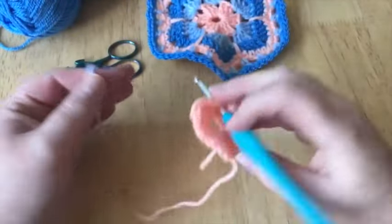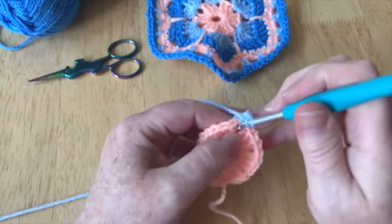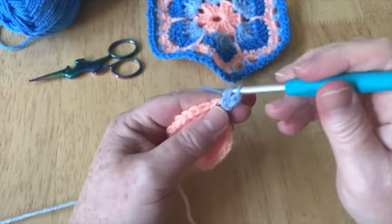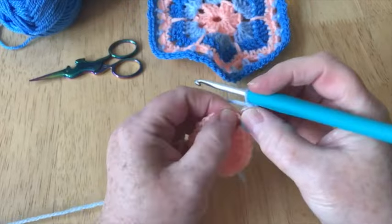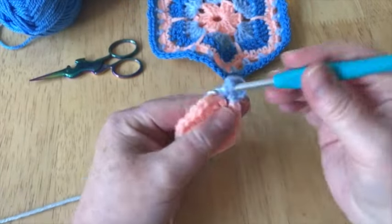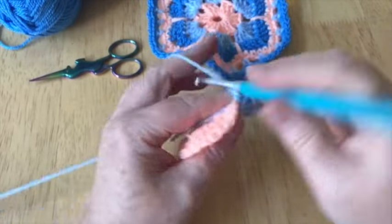So I'm just going to join by putting a loop through and doing my first chain with my working yarn and my tail, and then my next chain just takes me up to the right height. Then I drop that tail and I'm going to work over it. So I'm going to do 2 more treble crochets, which obviously remember is the UK term. US it's a double, 1 chain and another 3 in the same space,